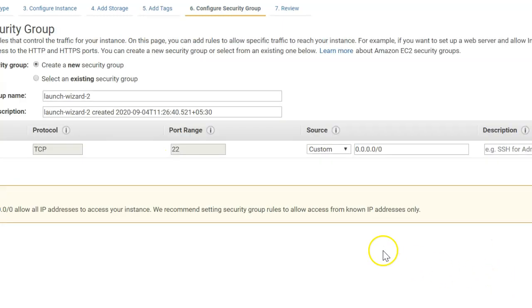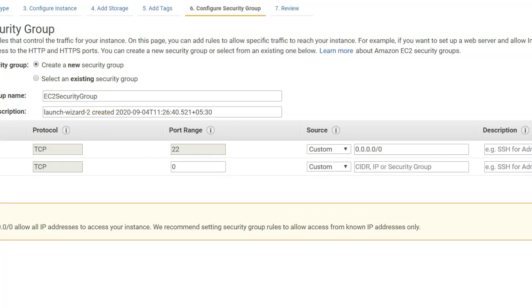And then you need to hit next, security group. I'm just going to enter an EC2 security group name. I'm just going to add this, creating a new security group here, that's fine, and I'm going to add HTTP and HTTPS because we are going to configure our web server.